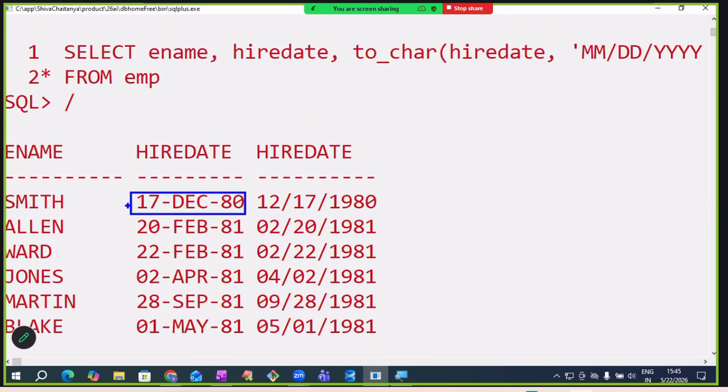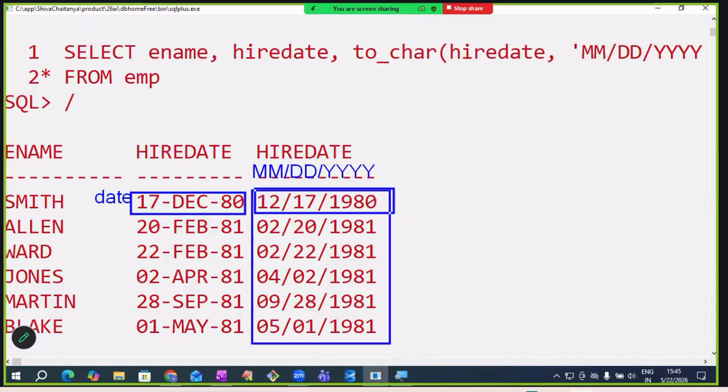17 December 80, date value. We are displaying this in US date format. Observe. First month number 12, December means 12. Then day number 17, then year 4 digits like this. In US date format, we are getting these, which type values? Character type. So this date value, if you want to convert to character type, then use the function